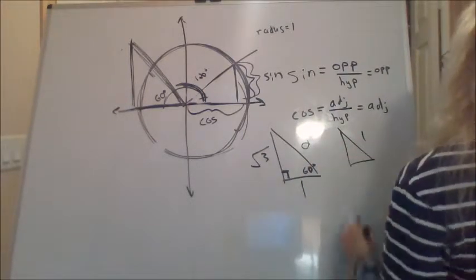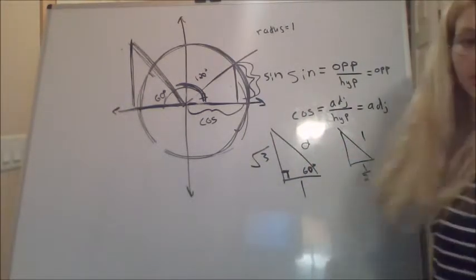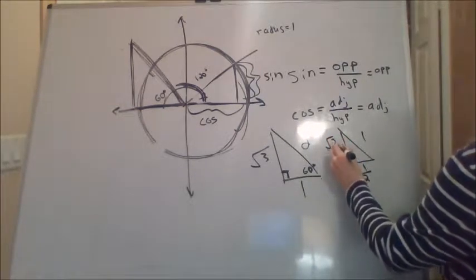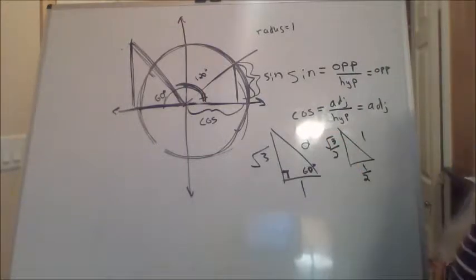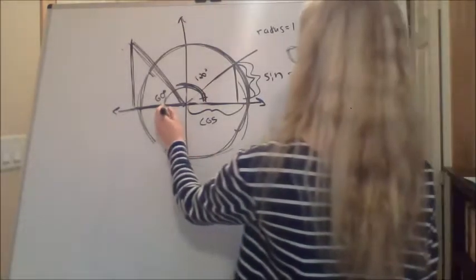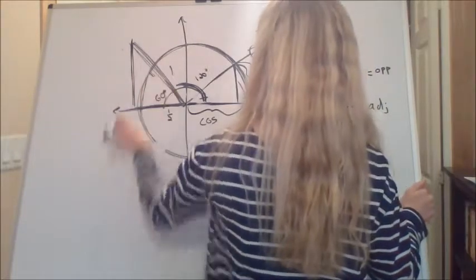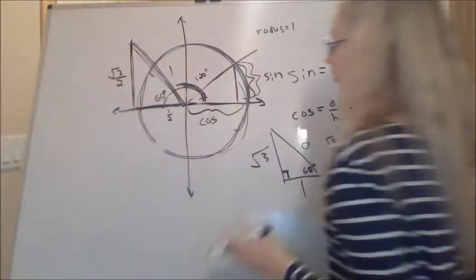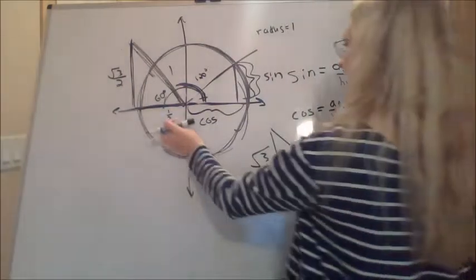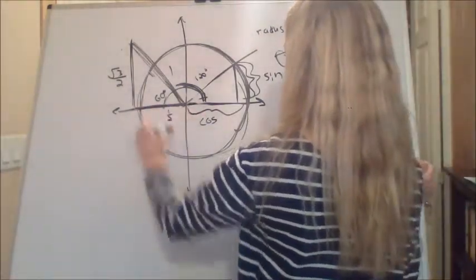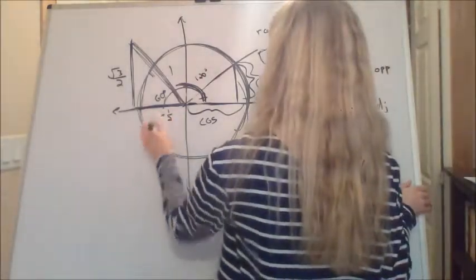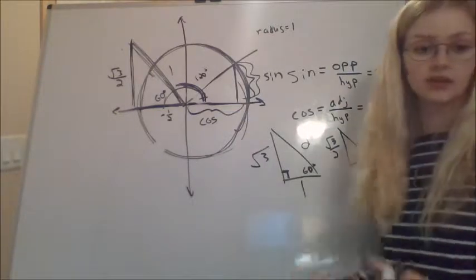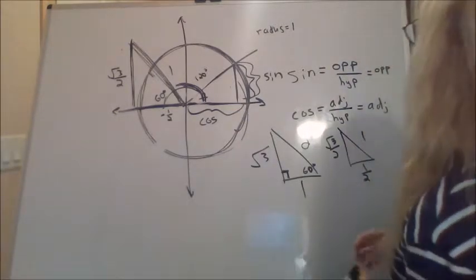So this is going to be a 1, this is going to be 1/2, can you guys see this? And then this is going to be a square root of 3 divided by 2. Just like that. So we have 1/2 here, we have a 1 here of course, and then we have square root of 3 over 2. But one problem is that this 1/2 is going in the negative x direction. So this is actually going to be a negative 1/2. And so now we can use this information and calculate the sine and cosine and tangent